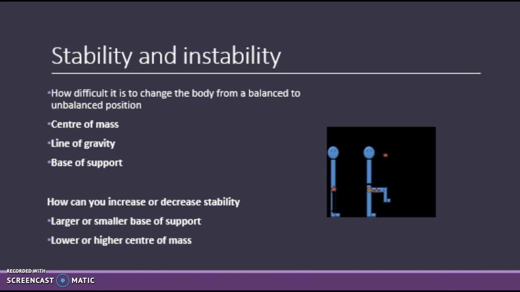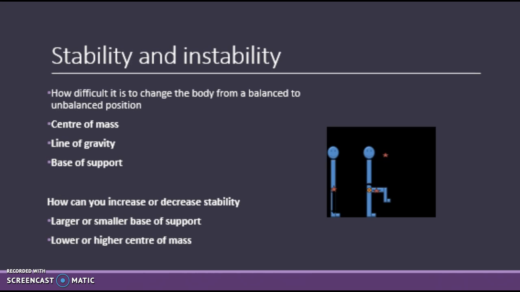Therefore, for a simple object like a football, the centre of mass would be in the centre of the ball. The centre of mass in humans is usually just above the hip bone when standing in a balanced position, but every time we move our bodies, the centre of mass will usually change, and sometimes we use certain positions to change centre of mass to increase or decrease stability. For example, when defending in basketball, you stay low and bend your knees to lower the centre of mass and